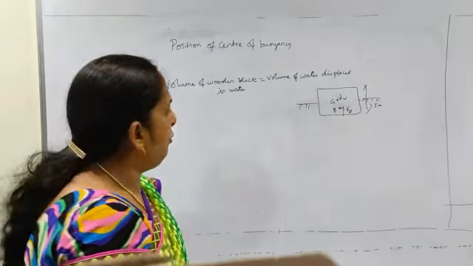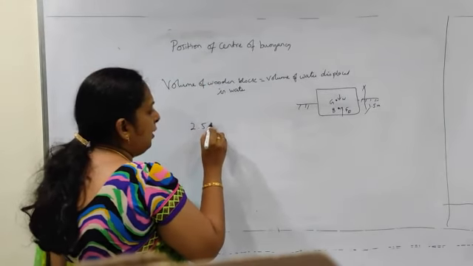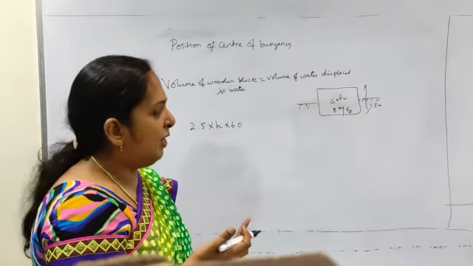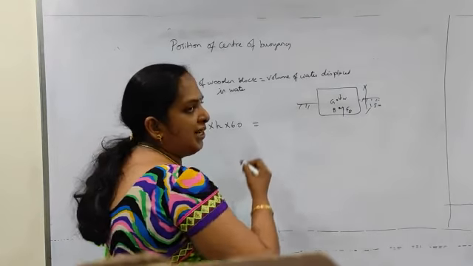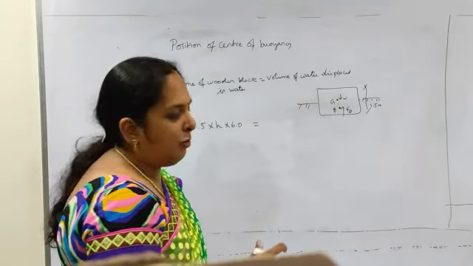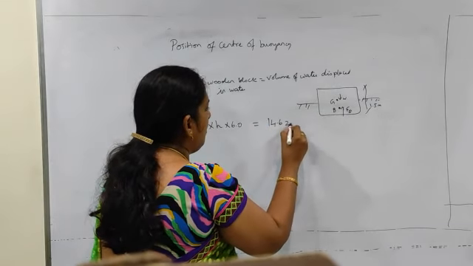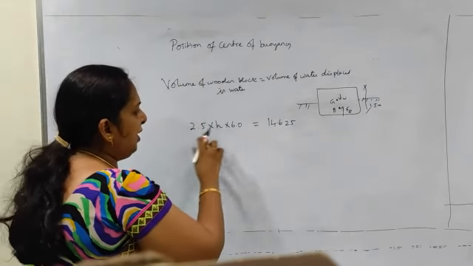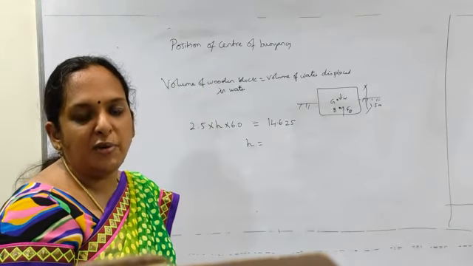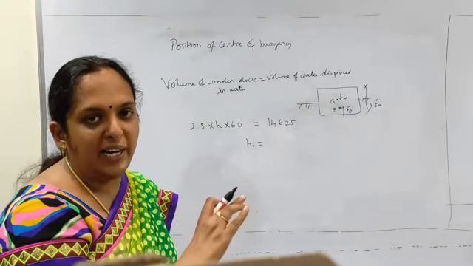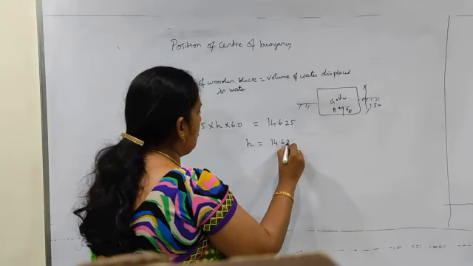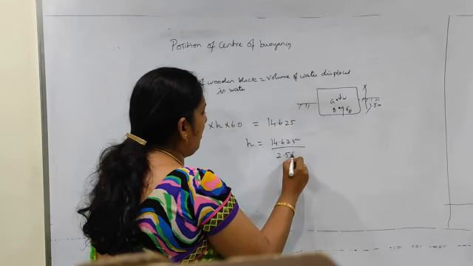So we know the breadth 2.5 and we know the length, so the height alone we don't know. That we are going to find out, into the volume of water displaced, which we have just found from the buoyancy force. So it is 14.625 meter cube. From here, the unknown is the value of H. So that H is the height of the body that has been immersed in the water. So 14.625 divided by 2.5 into 6.